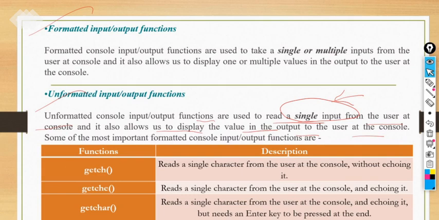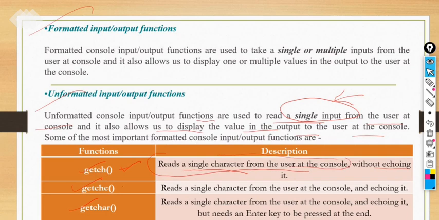First we are discussing getch, getche, and getchar. What is the functionality of these functions? Like the getch function, I hope you are aware of it. Now in this lecture you will get clarity on why we are using getch. What is the main purpose of getch? It reads a single character, whatever the user presses on the keyboard at the console screen, without echoing it. Its main functionality is to read a single character, whatever it can be.